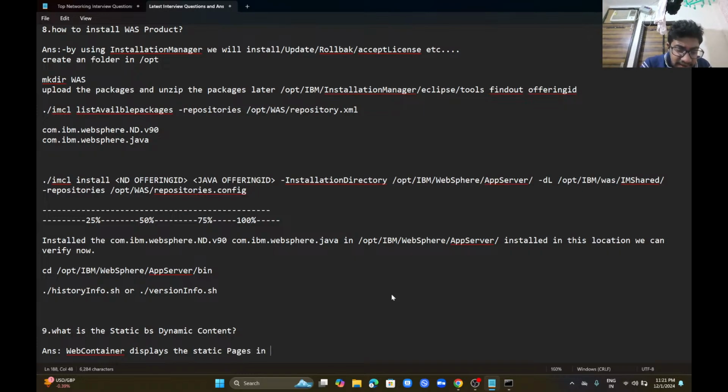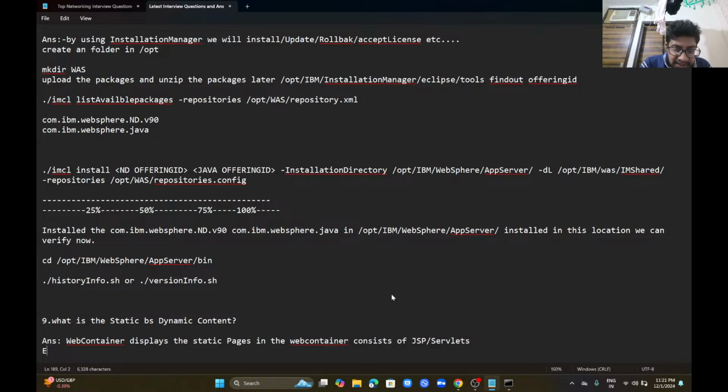The web container consists of JSPs and servlets. These are client side packages. Client side means application level. Application means static pages delivered, and